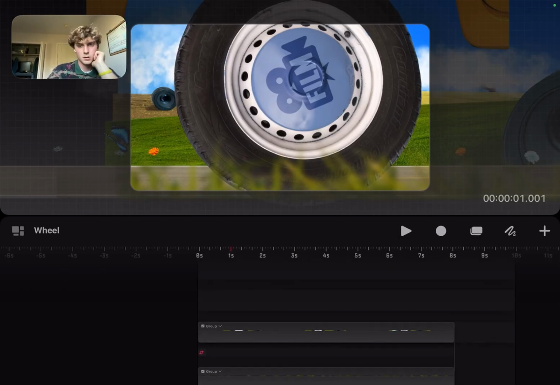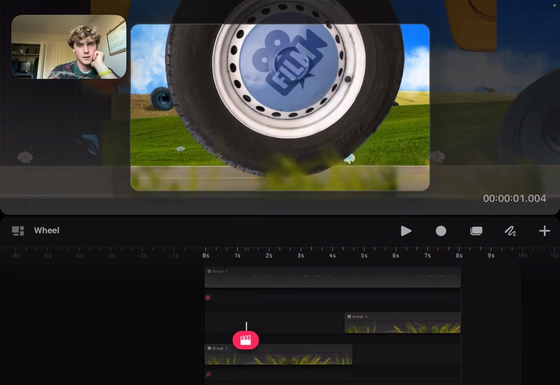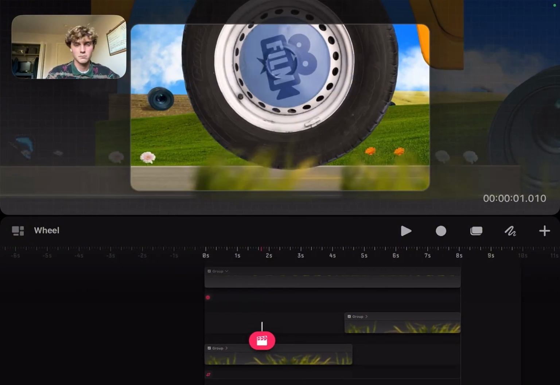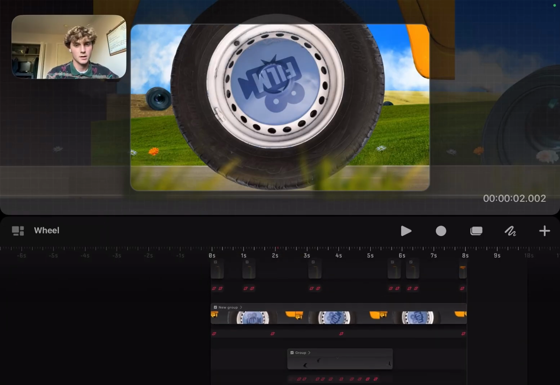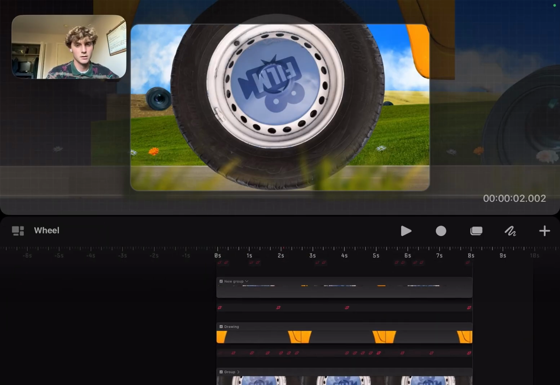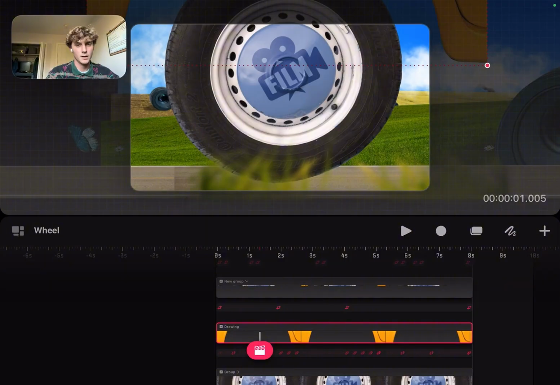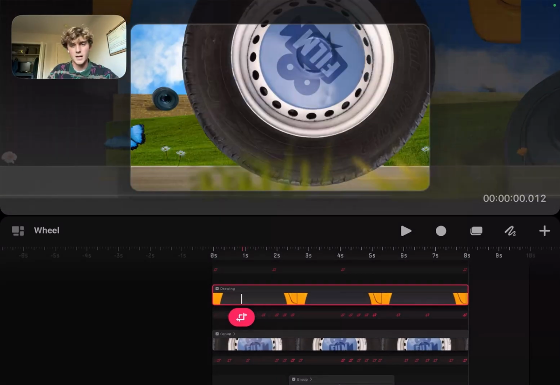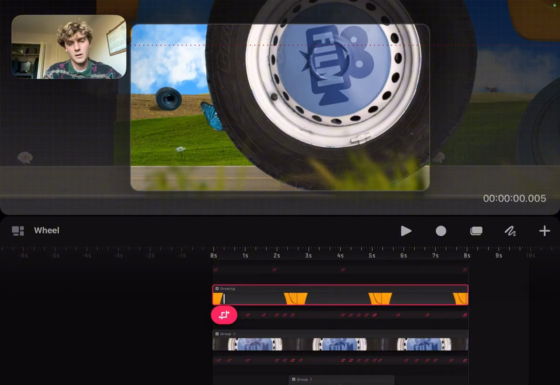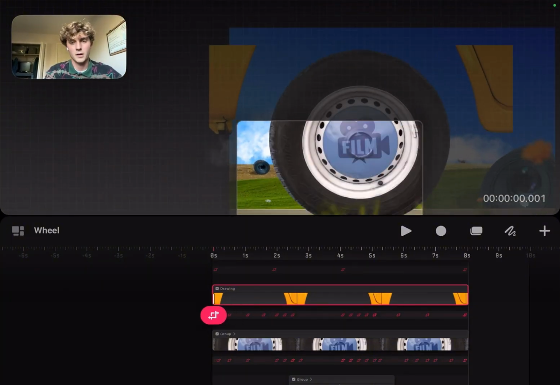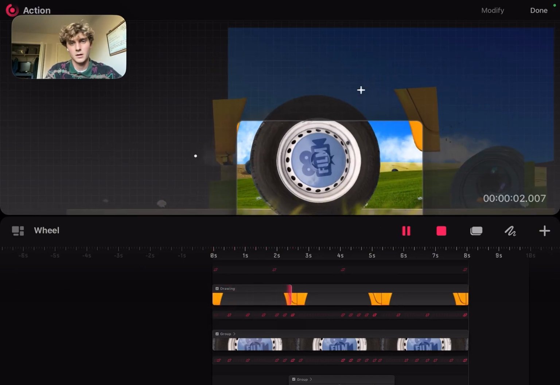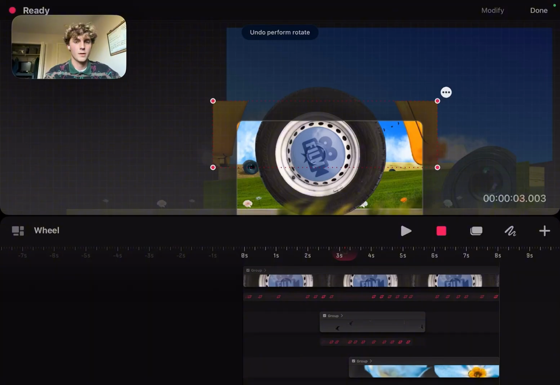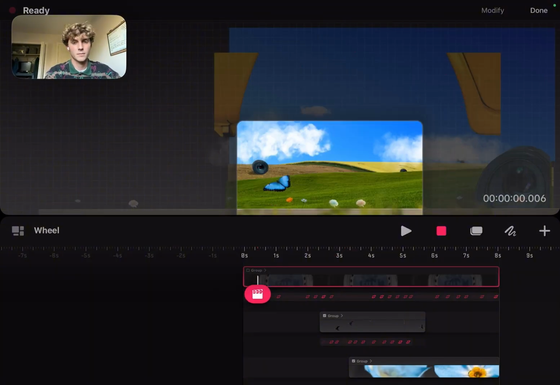Let's see, what else? Had some more butterflies flying around in the background, just a little more ambiance, I guess. And the tire itself is nothing crazy. It's just a van stock image that I took, and I added that film logo on there because that's the company's logo that I had. And just added a little bit of shake, and for this yellow part, I just used this tracking tool and took one of these corners and just shook it around a little bit. And then with the tire, I did the same thing, but